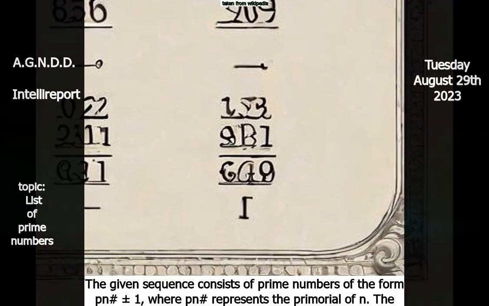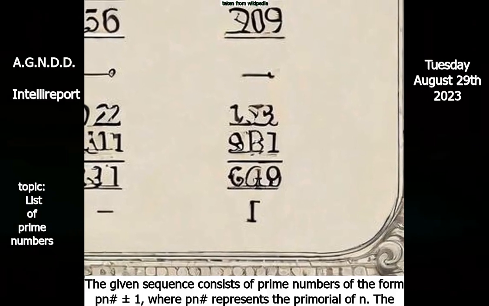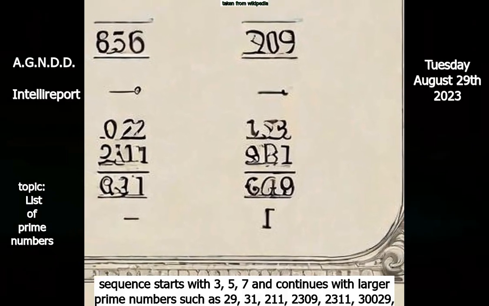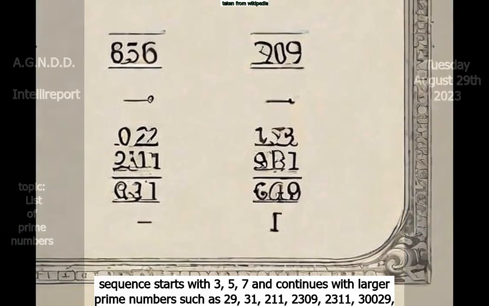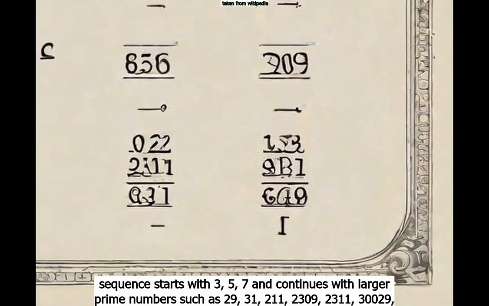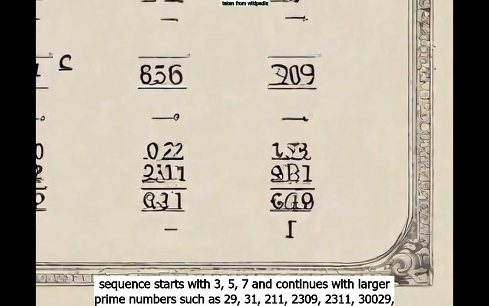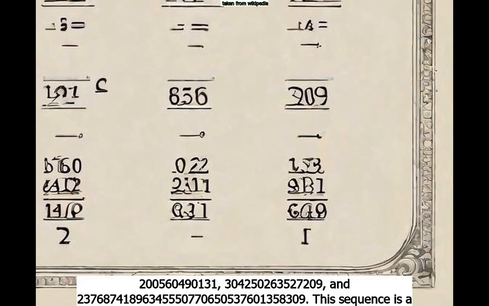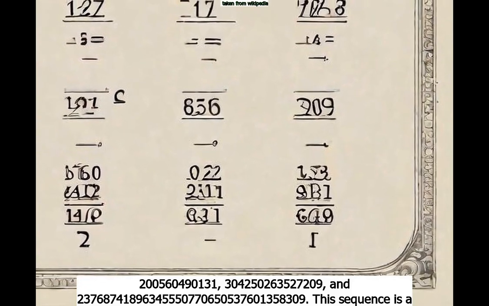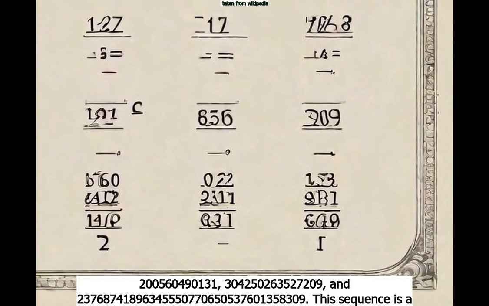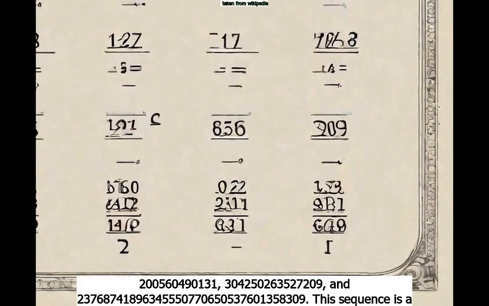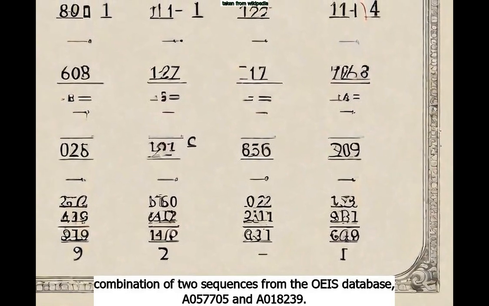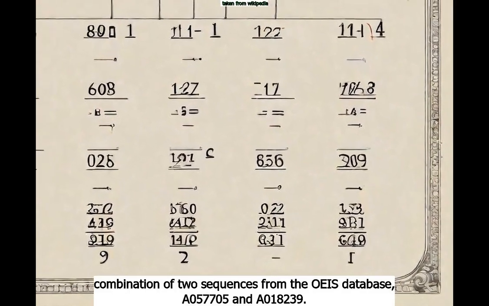The sequence starts with 3, 5, 7, and continues with larger prime numbers such as 29, 31, 211, 2309, 2311, 30,029, 200,560,490,131, 304,250,263,527,209, and 23,768,741,896,345,550,770,650,537,601,358,309. This sequence is a combination of two sequences from the OEIS database,